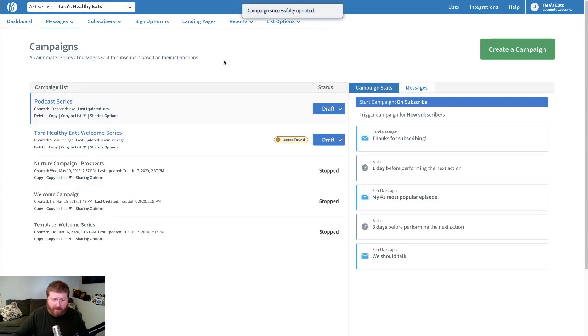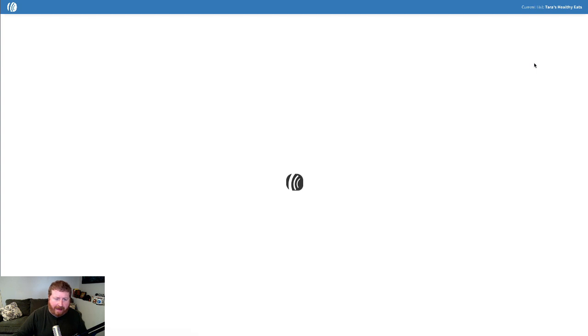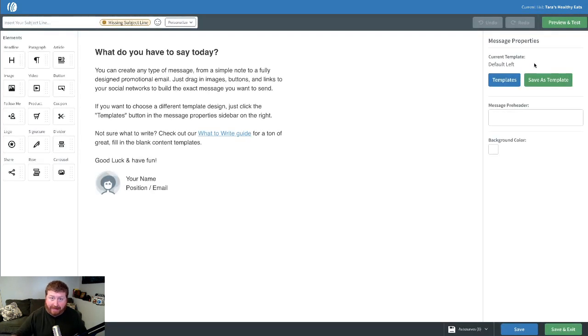Now, another way to create emails is going to the drafts page. Over in messages, we're going to click drafts. And then we're going to create a message using our drag and drop email builder. You'll notice we're taken back to the email builder that we saw when we were in campaigns and click that pre-made email. But this is an email from scratch. So this is great if you wanted to add a new email to your campaign or if you want to send what's called a broadcast, which is a scheduled email sent at a specific time and date. I'll show you how to do that in a moment.